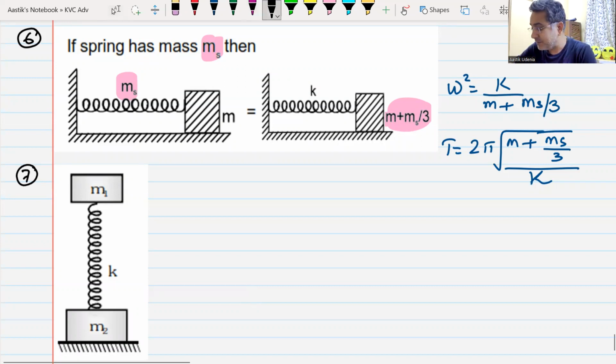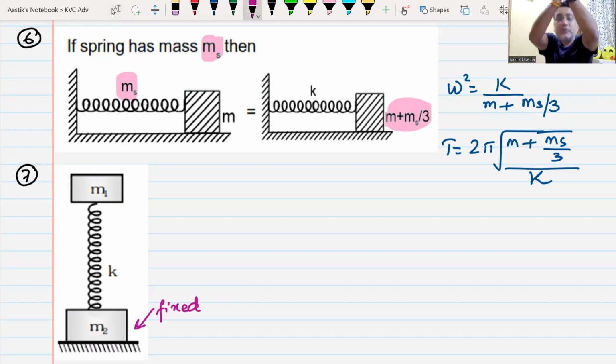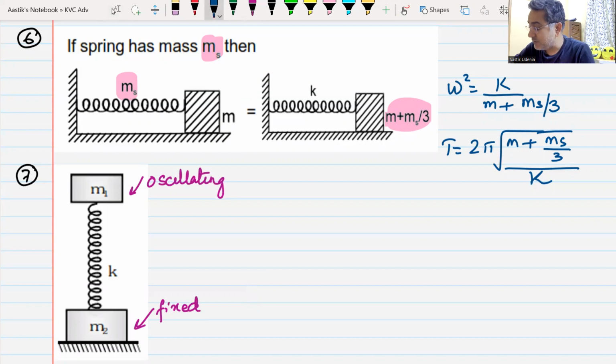But remember here, this mass, this M2, is fixed. M2 is not oscillating. The only thing that is going to go up and down is this M1. So this is the only mass which is oscillating. Do we understand this? This is the only mass which is oscillating. And in this case, your omega will become,